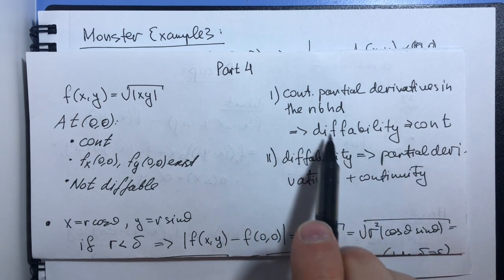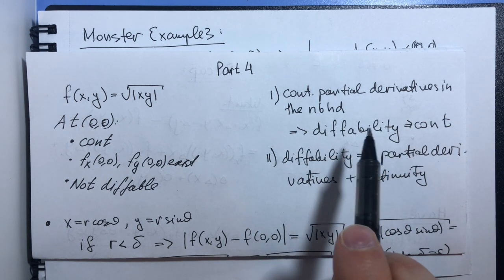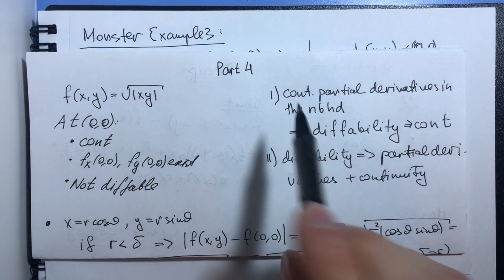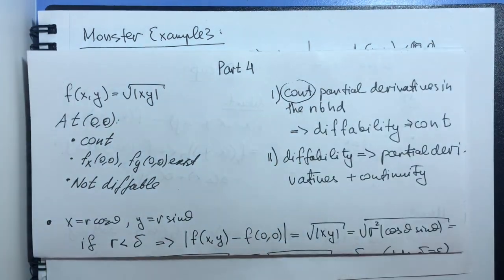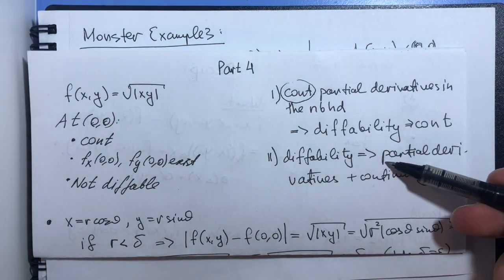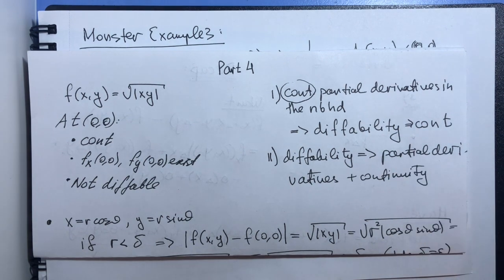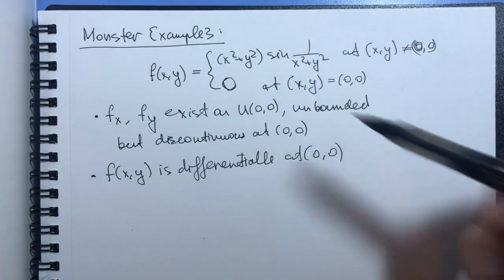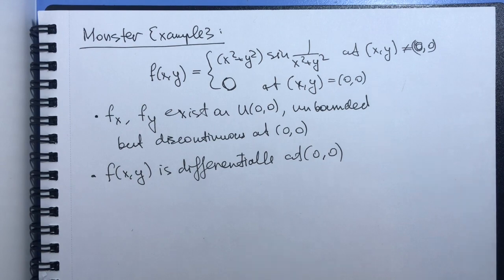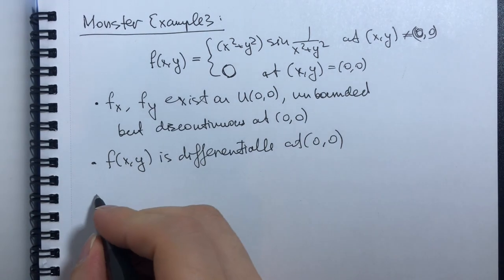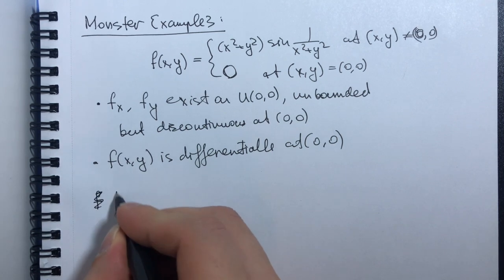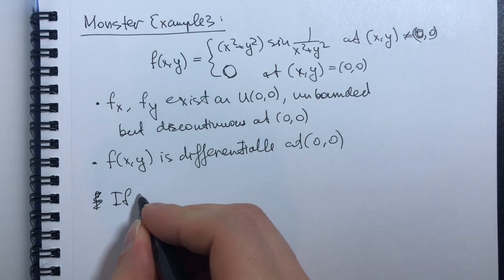So if we know differentiability, we do know that partial derivatives exist, but they are not necessarily continuous, which is what I put in my second theorem. So this example will prove that we are right. So if we are not